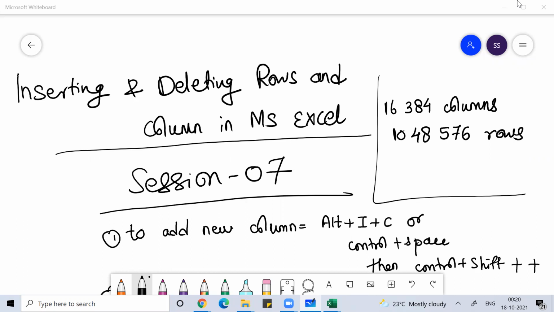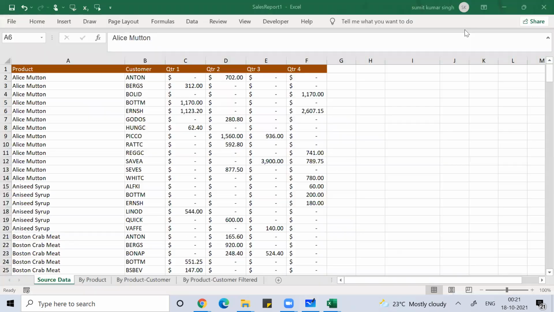In the present session, I'm going to discuss how you can insert or delete rows and columns in MS Excel. I believe everyone knows about cells. Everyone knows that you have 16,384 columns and 10 lakh 48,576 rows. So when it comes to the total number of cells, whatever we are doing, we are doing everything on cells.